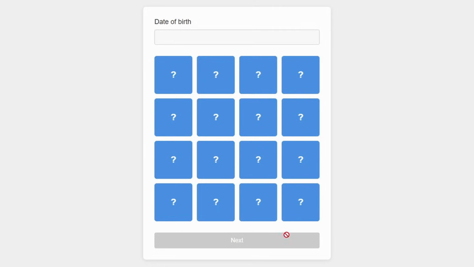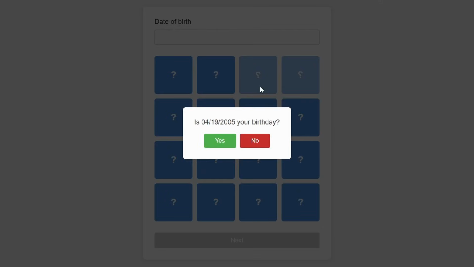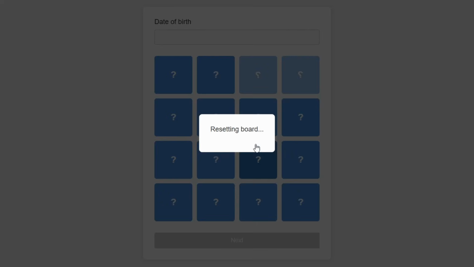Here, you have to play a matching game where you have to find the 2 cards with your date. The problem is in a grid of 16 cards, there's only going to be 8 different dates. If yours doesn't show up, you have to start over and try again. And these dates can be anywhere from 1930 to 2020. 90 years of dates is